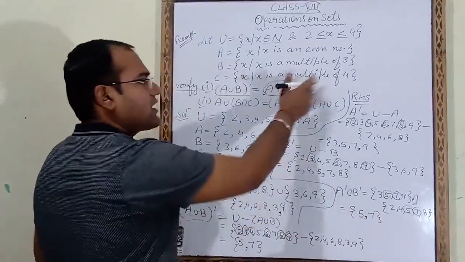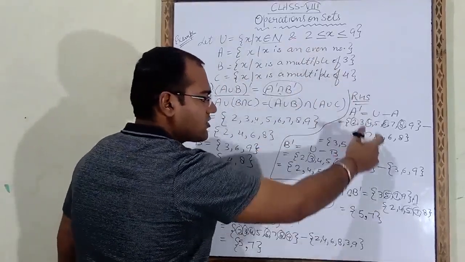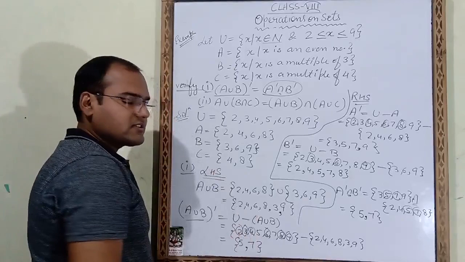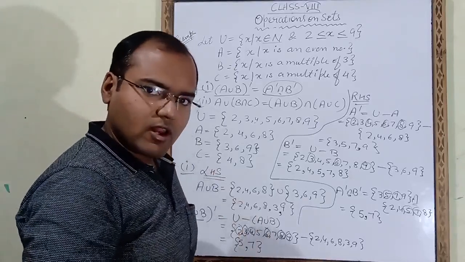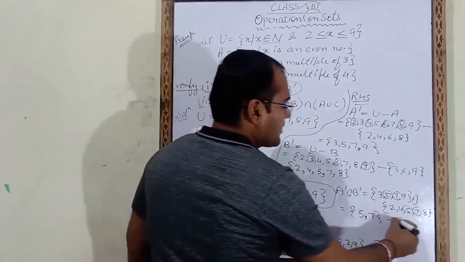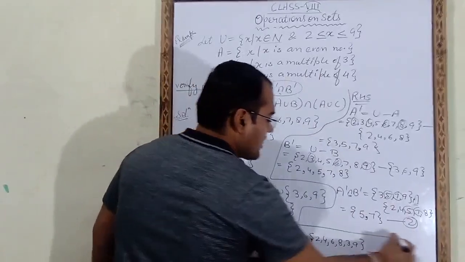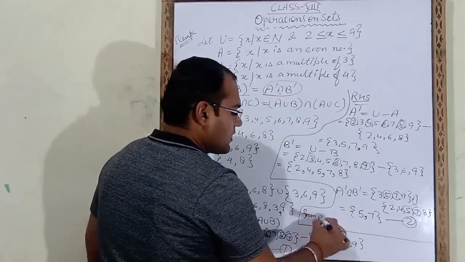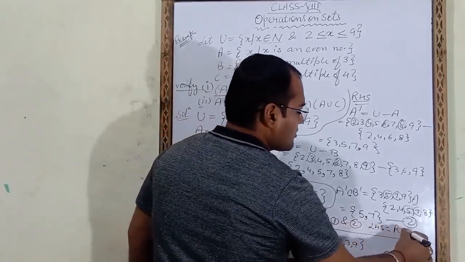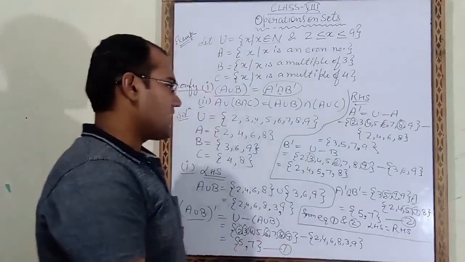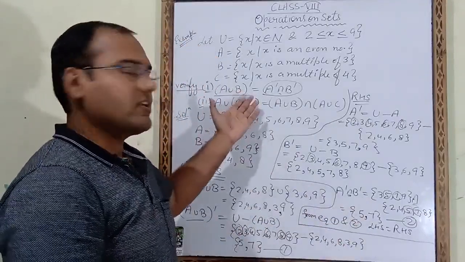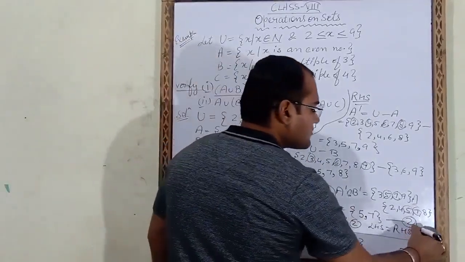So now we have solved the right hand side. Right hand side is over. Final answer of the right hand side is 5, 7. Left hand side also has the final answer 5 and 7. So both answers are equal. This is equation number 1 and this is equation number 2. So what you have to write? From equations 1 and 2, left hand side is equal to right hand side. Both sides are equal to each other. This only we have to prove. So we will write here, hence proved.